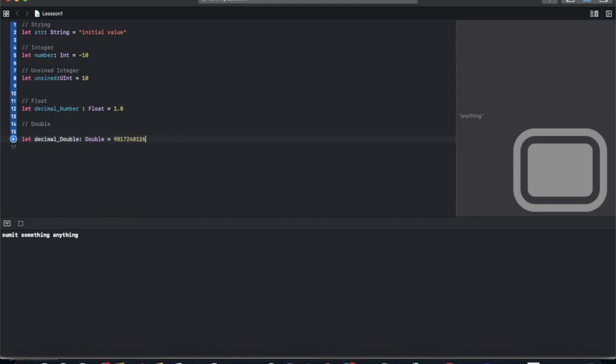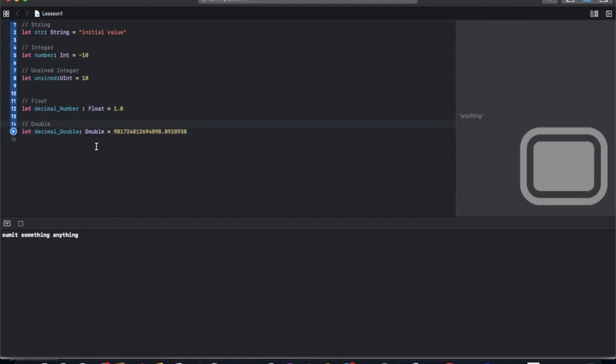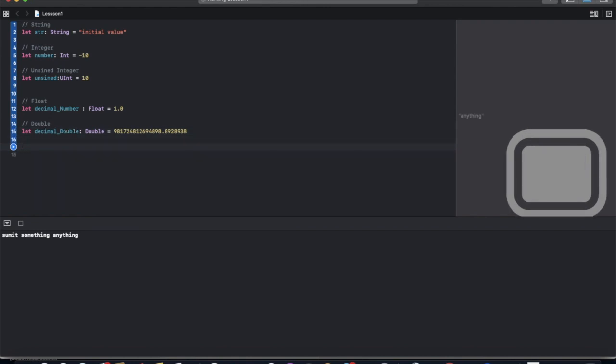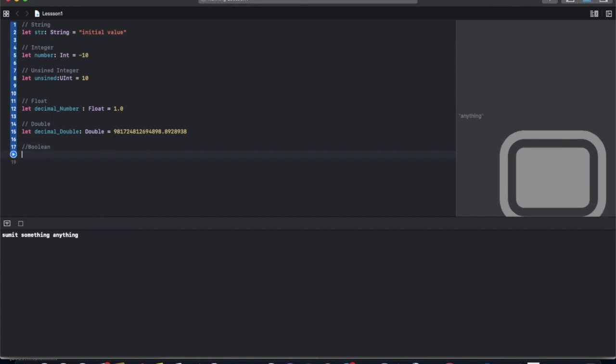This can be any big value, small or big, anyone. Now a Bool. Bool is just telling about the true or false boolean value. Let bool, the name can be anything, it doesn't depend upon type.